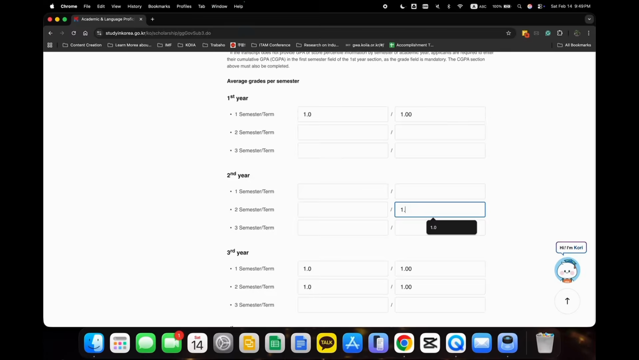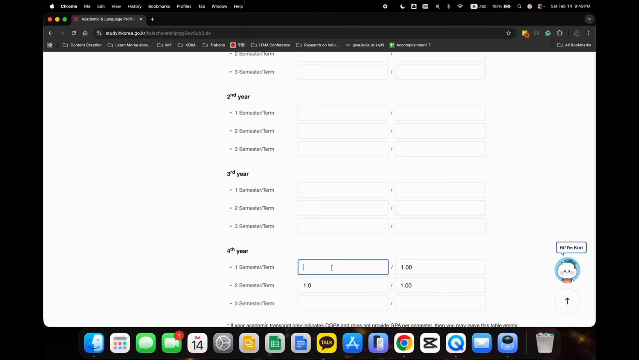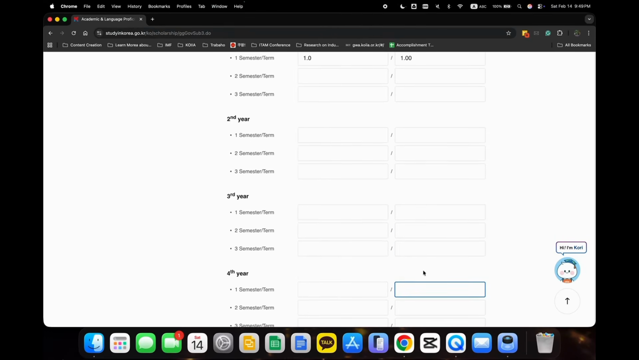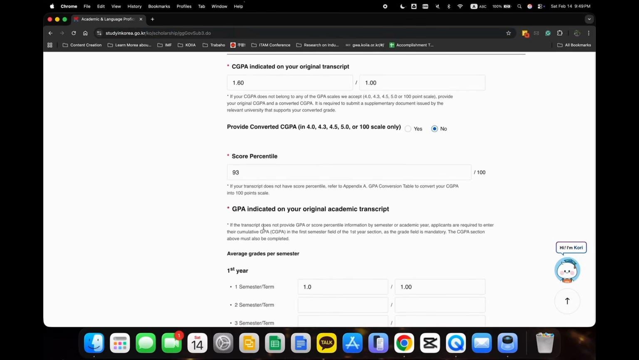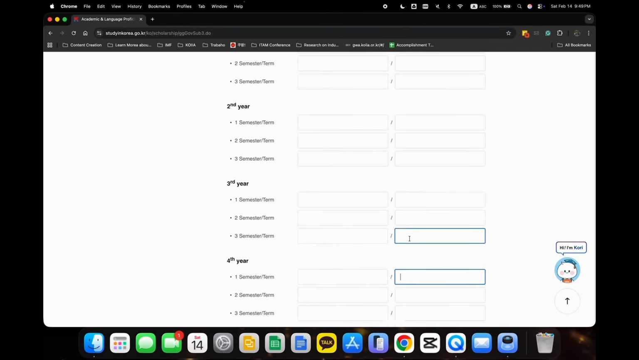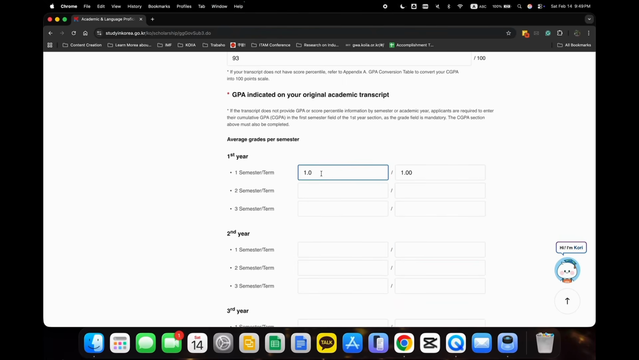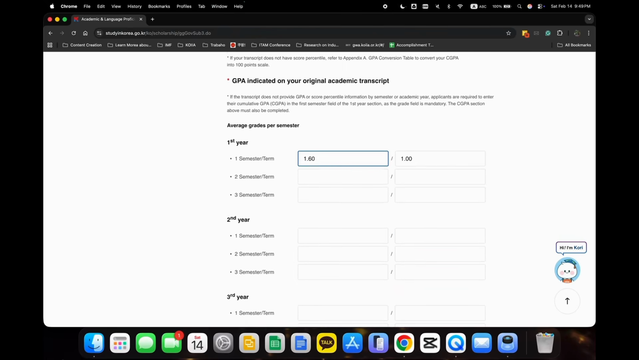Because some universities don't issue the CGPA in the transcript of record. In my case, I don't have my CGPA in my transcript of record. So I requested a separate one to explain my grading system. And then if you don't have grades per semester, just write your final grade on that first column, first semester, first year,